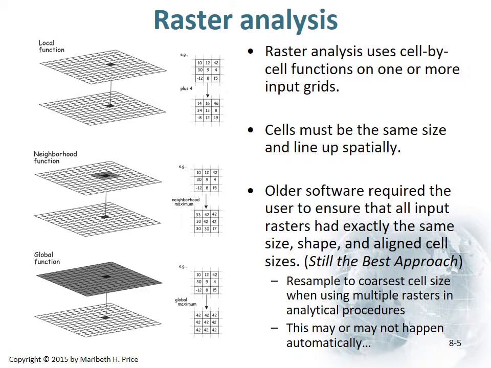In science, that doesn't work because the data wasn't collected at the 30-meter scale. It was collected and generated at the 60-meter scale. So in order to have defensible techniques based on scientific principles, we need to resample the 30-meter grid, which is finer resolution. We need to convert it into a coarser resolution grid. So we take the 30-meter grid and we transform it by resampling into a 60-meter grid, and then we run